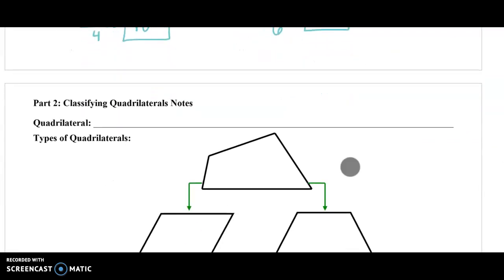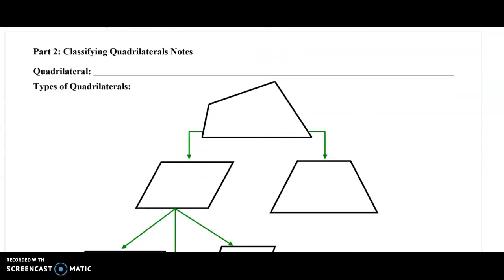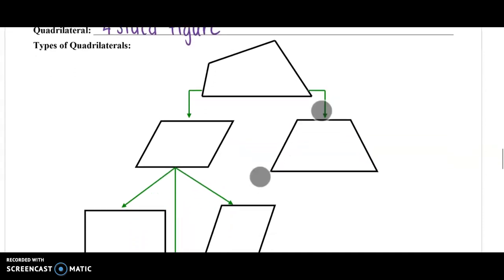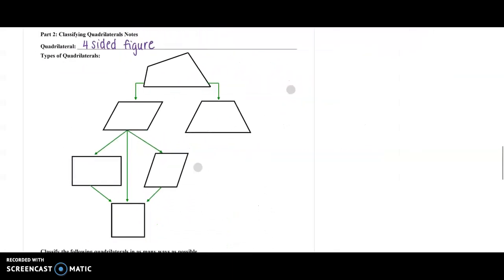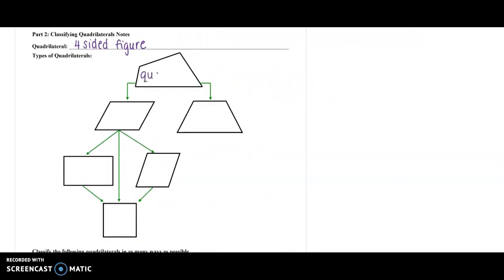Last thing we're going to do here is classifying quadrilaterals. A quadrilateral, we've already talked about this, is just a 4-sided figure. Okay, so we have types of quadrilaterals. It first starts with the most generic, a quadrilateral. Then it breaks into 2 categories. Over to the right, this is a trapezoid. If it's a trapezoid, that's all it is. Over to the left